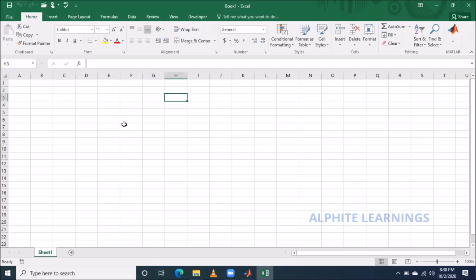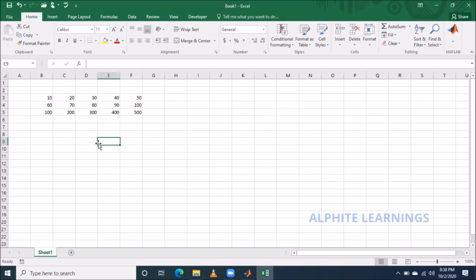Okay. So what I'm doing there, see. I'm just writing some data here. As of now, I'm just writing some data: 10, 20, 30, 40, and then 50. In the same way, in the next line, I'm writing 60, 70, 80, 90, 100, and then here, 100, 200, 300, 400, and then 500. Okay, so I have my data.